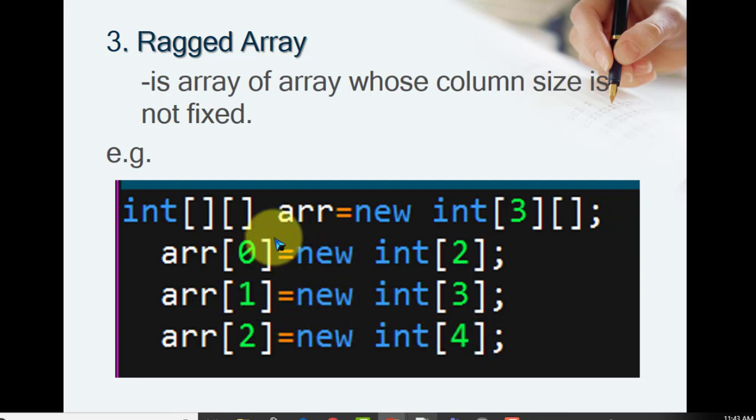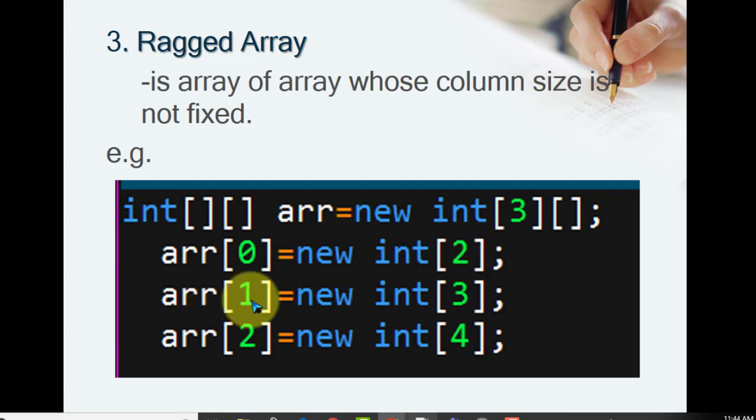What is a multi-dimensional array? It's an array of arrays. Look, it is a basic variable name, and you are allocating 3 memory locations for it, that is 3 rows. For the first row, you are storing another array of 2 elements.